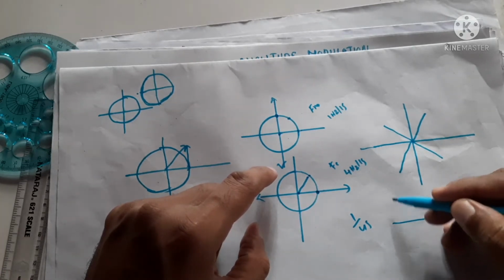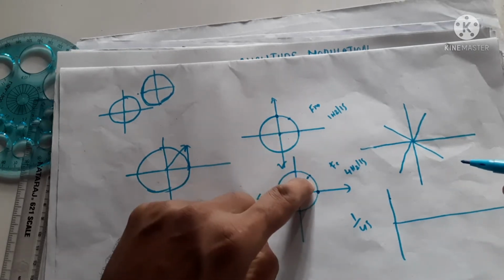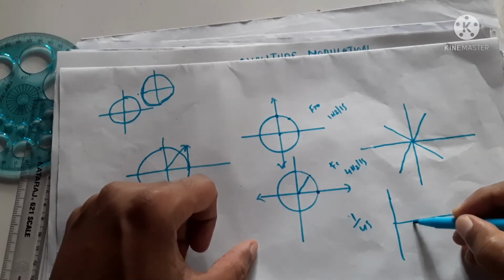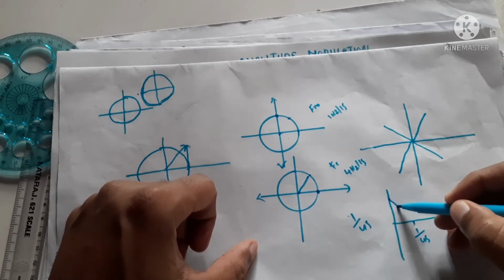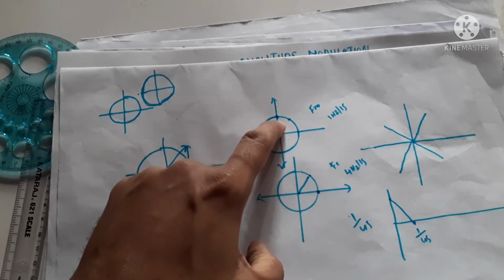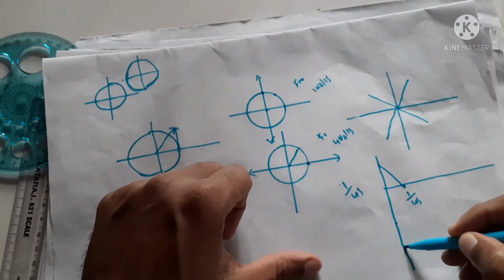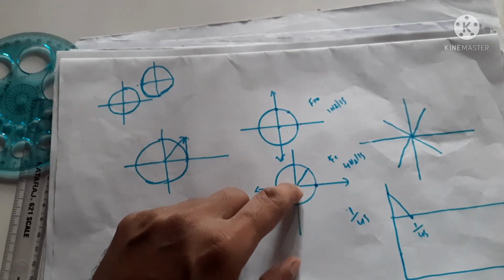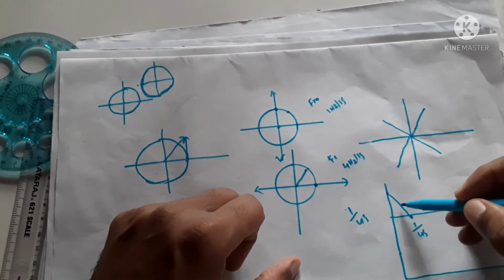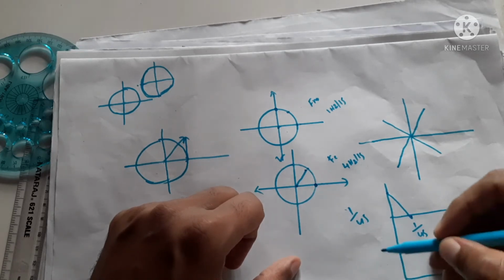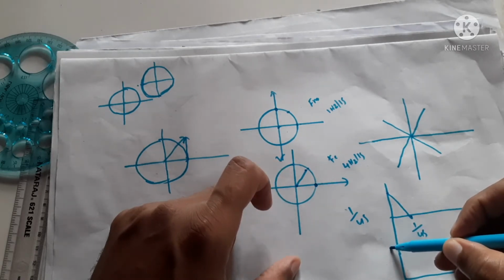So if this is the cosine and there is no modulating signal, in 1/4 second the signal will reach 0. But when we modulate the signal, the phase is changed by another 45 degrees. 45 degrees more means now the signal will be shifted. Shifted means this will be something like this.